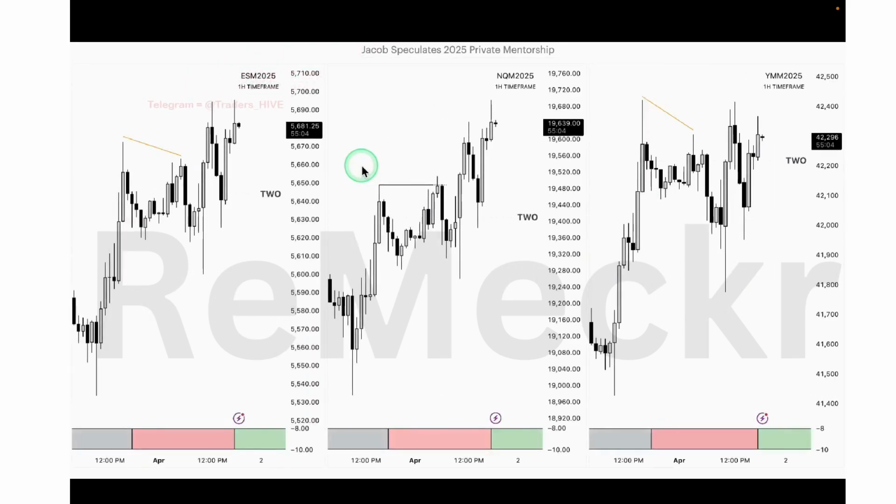And now going back to the 1 hour time frame, the $1 million question: why did this weekly cycle sequential SMT fail? Because I saw a lot of you were wondering why it failed. It looked picture perfect, but price still disrespected it, and so far we are still trading higher. The main catalyst as to why this failed is because there was no real second stage confirmation. TPDs and SMTs alone are about 50-50. So this was not a quote-unquote true reversal like I teach, because there was nothing here on the lower time frame confirming this, which is why price ran lower and then just completely blew through it again.